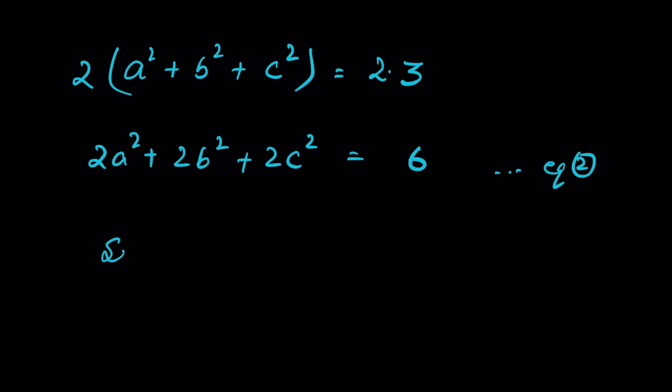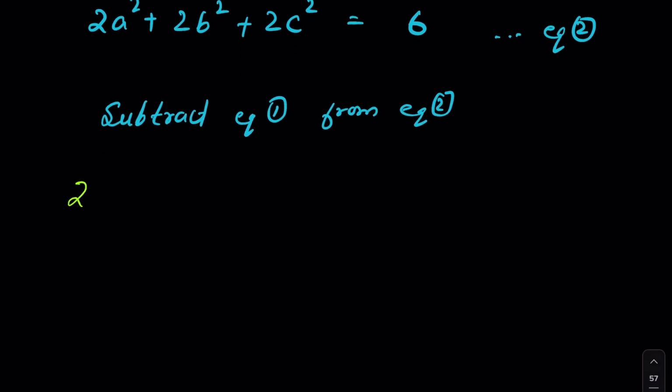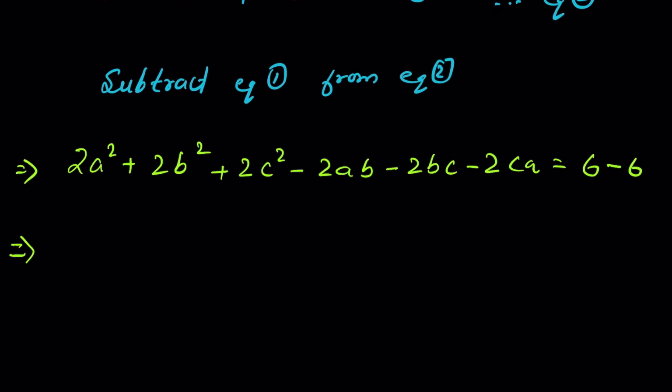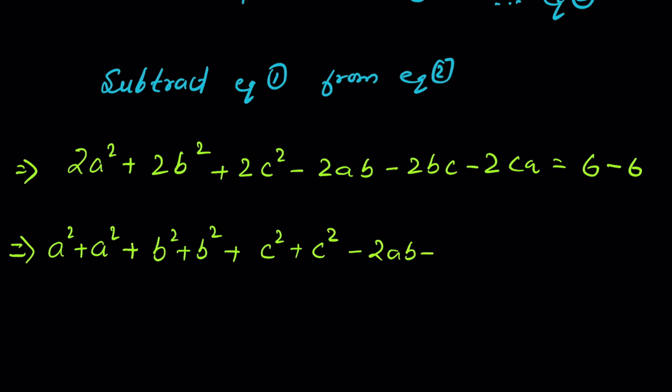So if we subtract equation 1 from equation 2, we can write 2a square plus 2b square plus 2c square minus 2ab minus 2bc minus 2ca is equal to 6 minus 6. That will be 0. Or 2a square, we can write it as a square plus a square, 2b square as b square plus b square, 2c square as c square plus c square minus 2ab minus 2bc minus 2ca is